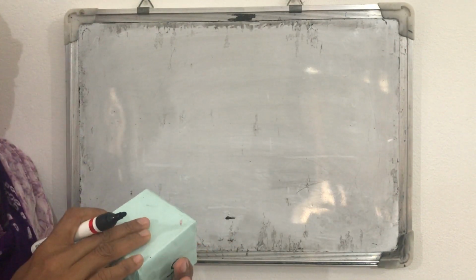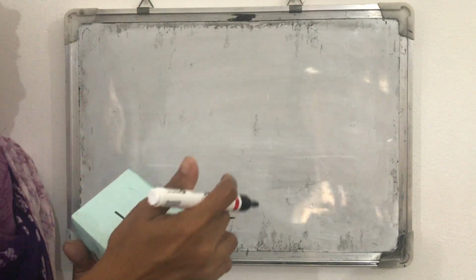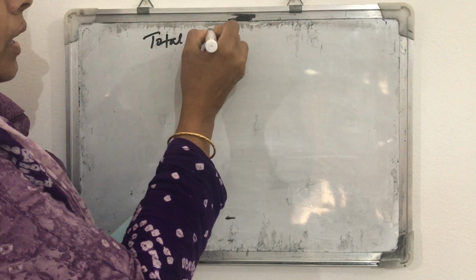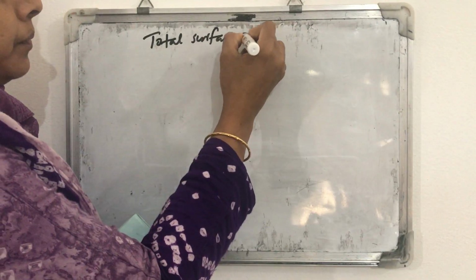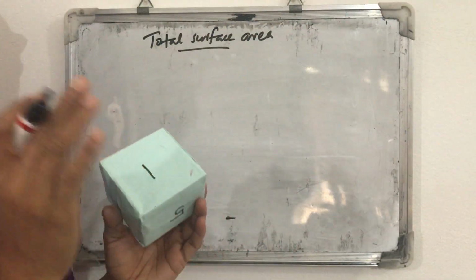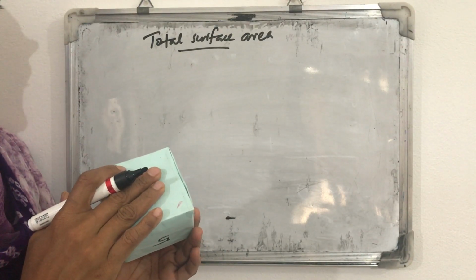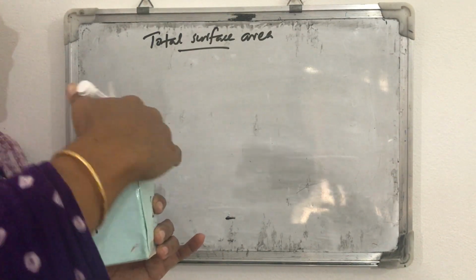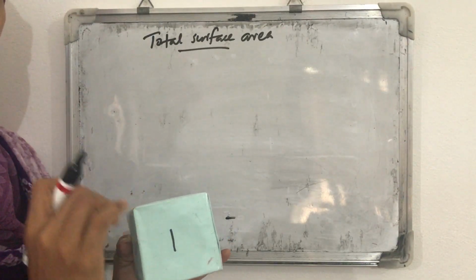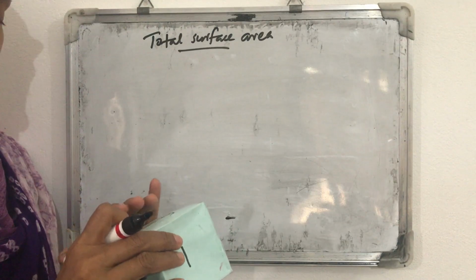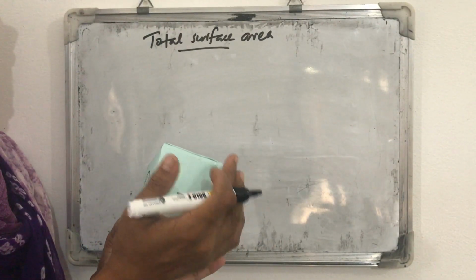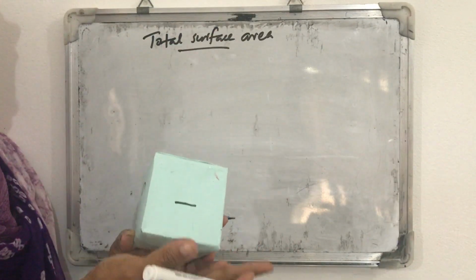And to find the total surface area, what is total surface area? It means the area of all sides. Find the total sum of the areas of all the sides. Find the area of one side. Now find the area of all the other sides, then take their sum. That is total surface area. The total surface area of this cube will be the area of all sides,